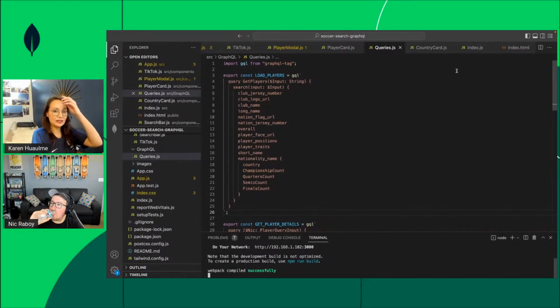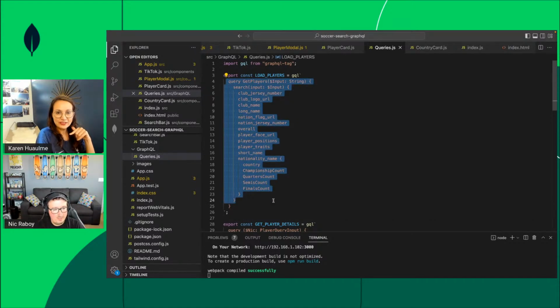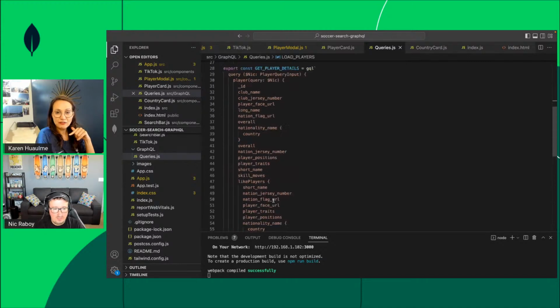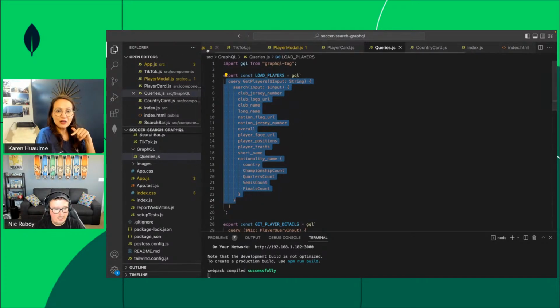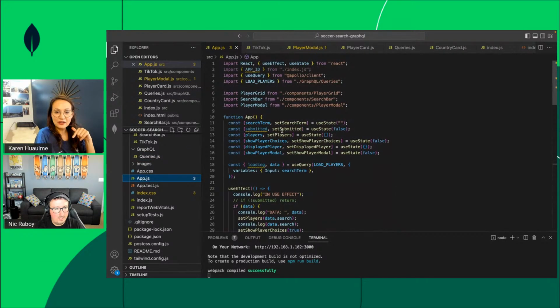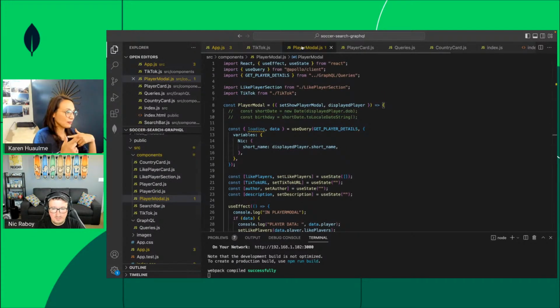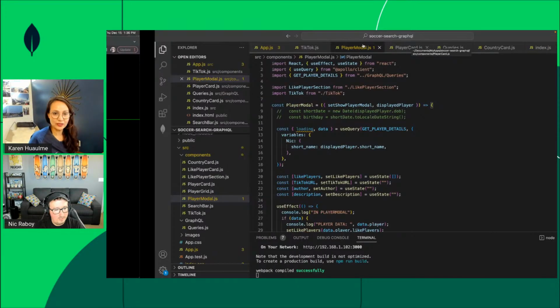So real quick, let me move this over. You saw these calls. This application is in React, and let the guys know if you want this. This is not the original application, but I can share this because I like this a lot. These are the queries that we're building out. I used 2 GraphQL queries in here. I have it happening in app.js. I call this, and this is where I have my variables, and I have it happening when I load that player modal, which is what I showed earlier. So using all that, if we go to the application,